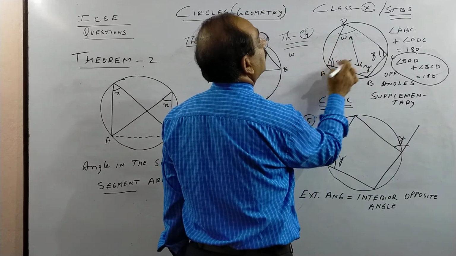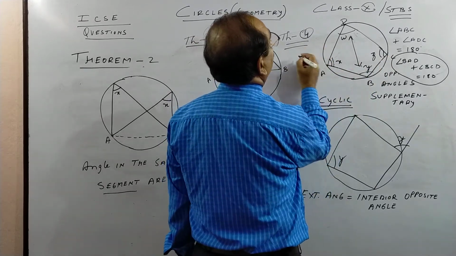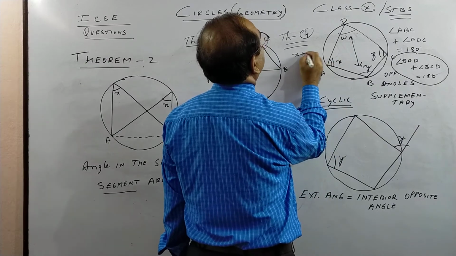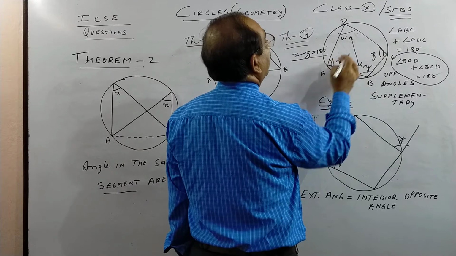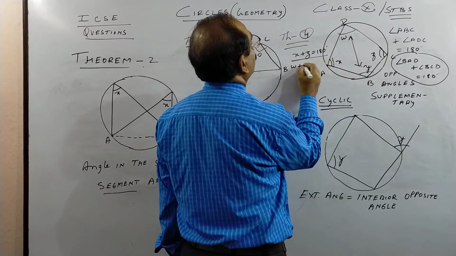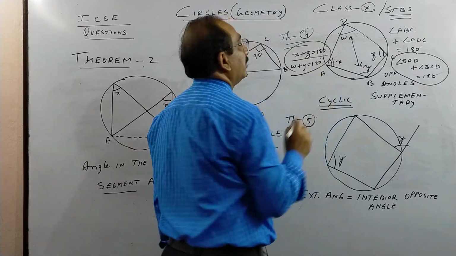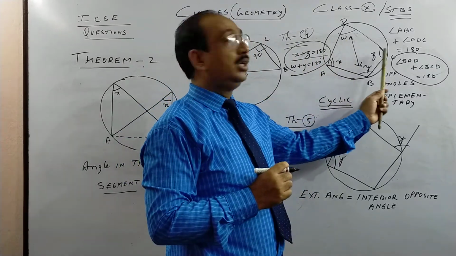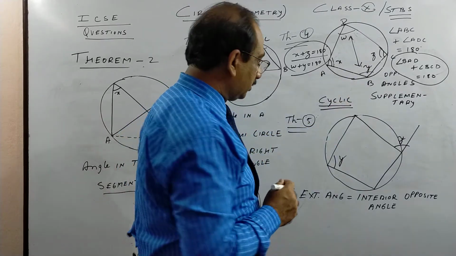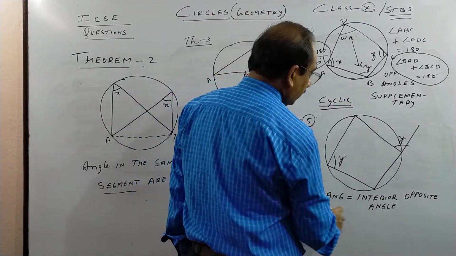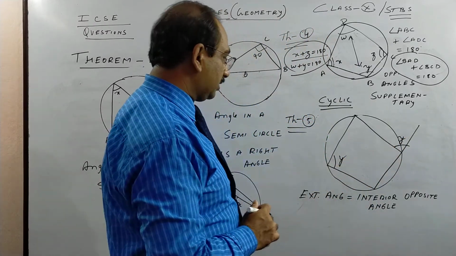So what you will see, children, first see these two; they are opposite angles of the cyclic quadrilateral. So X plus Z is 180, and next is these two: angle W plus angle Y is 180 degrees. Okay, so this is what we have. Opposite angles of a cyclic quadrilateral are supplementary, they are not equal, children. And the last theorem: the exterior angle is equal to the interior opposite angle.